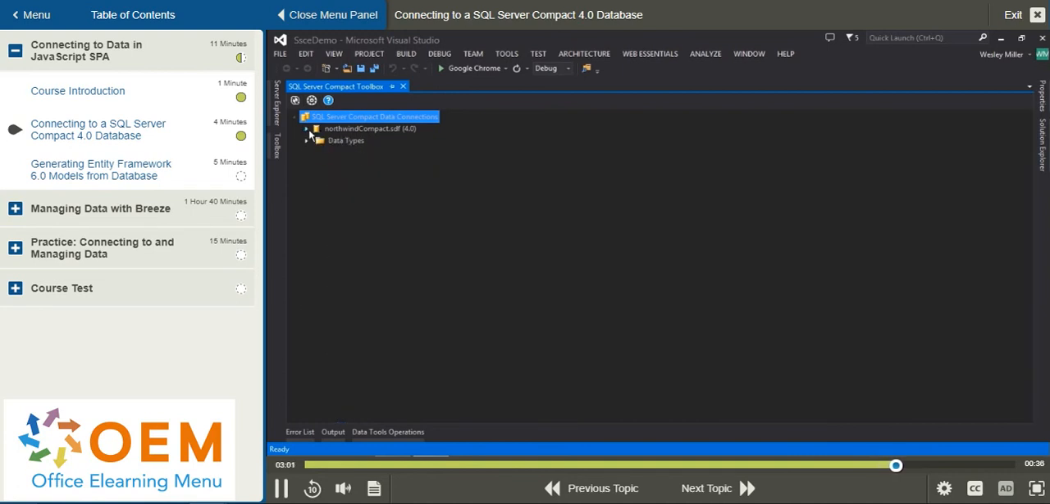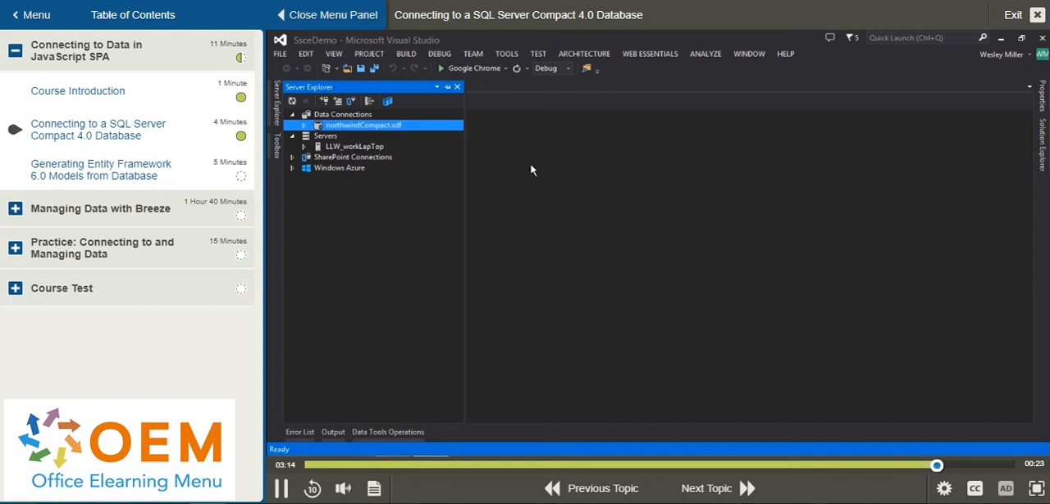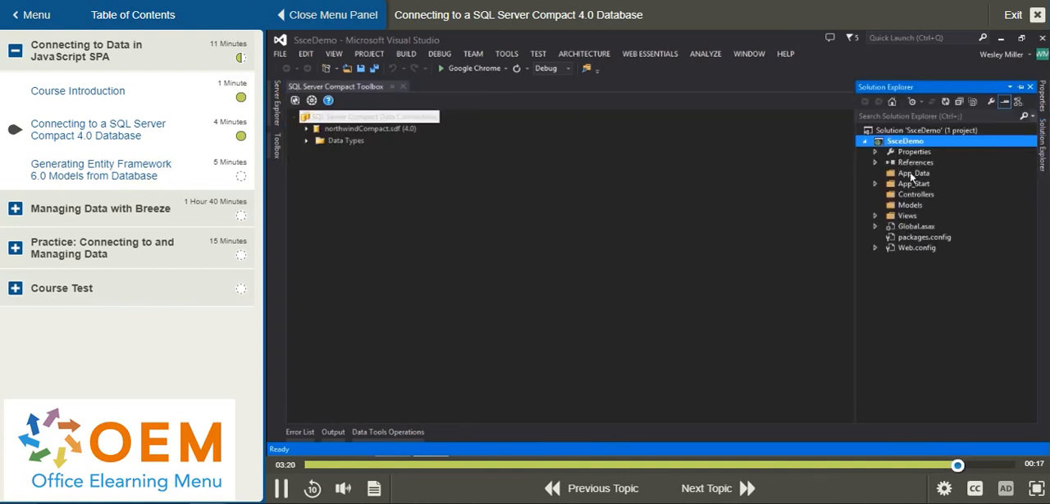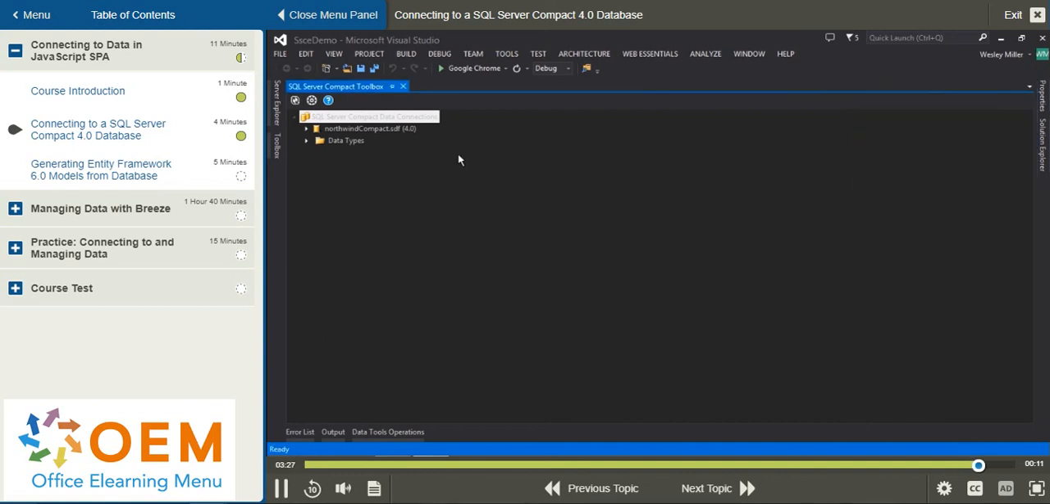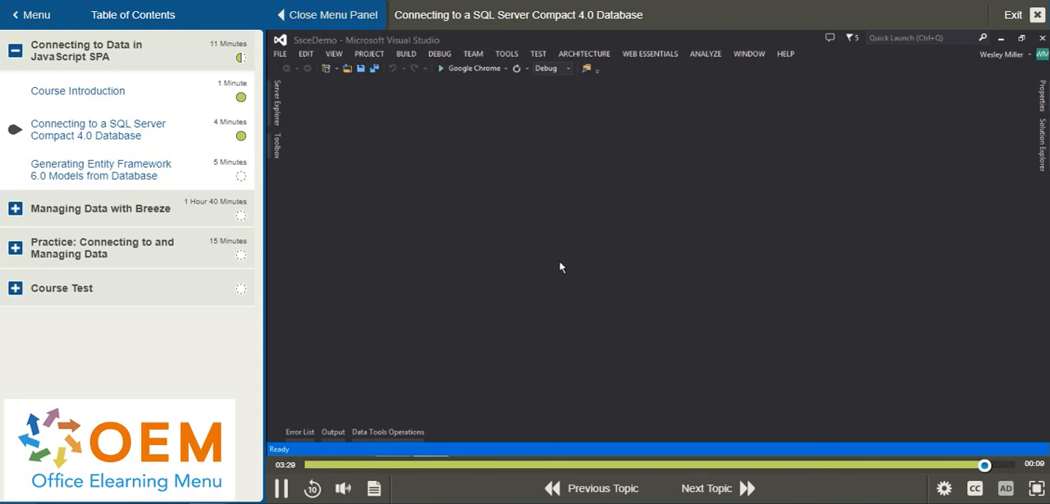So with that done, now we just have to go back to the Server Explorer, and we'll just click refresh. And now you can see that we've established a connection to the Northwind Compact.sdf database. Now, because we have this connection here in the Server Explorer, we don't actually have to go to the Solution Explorer and add the database here in the App_Data directory, but we could do that as another way if we wanted. So that was a look at connecting our JavaScript SPA to